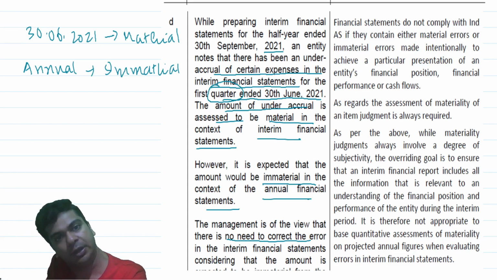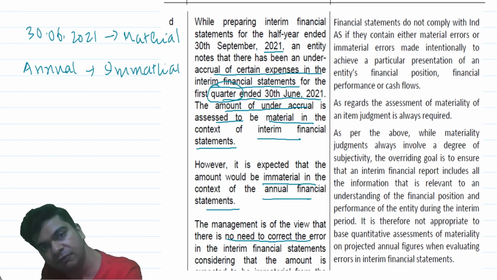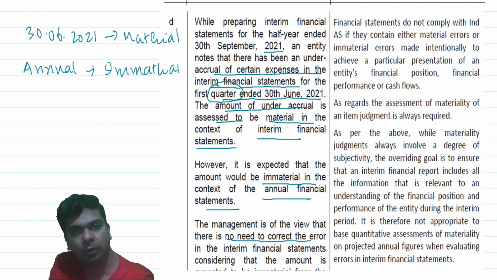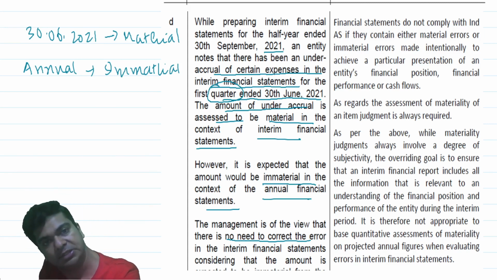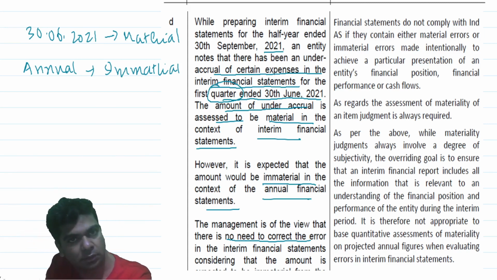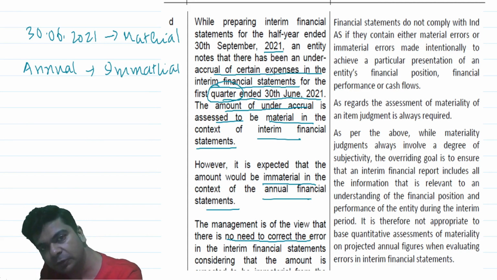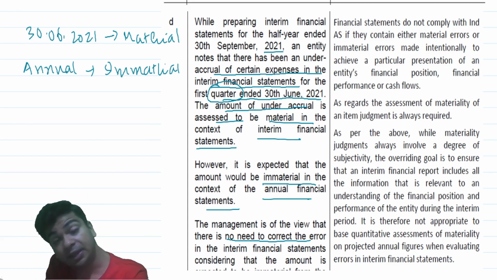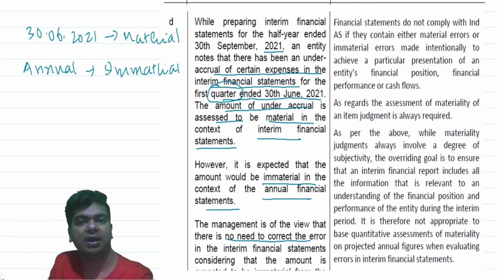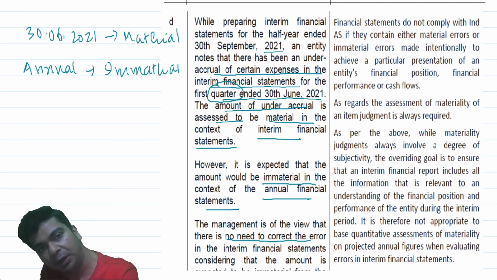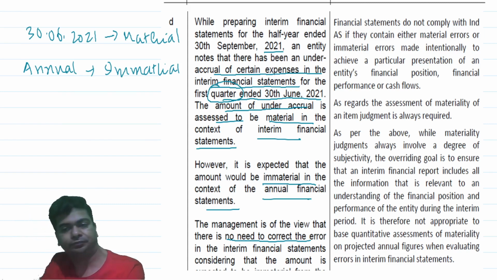Whatever is important in a quarter, it should get reflected in the interim financial report. Because right now the readers are reading interim financial report. They do not know that what is material right now annually will become immaterial, isn't it? That is the reason. If you are of the view that there has been an underreporting of the expenses, then you should treat it as an error and rectify your interim financial report.